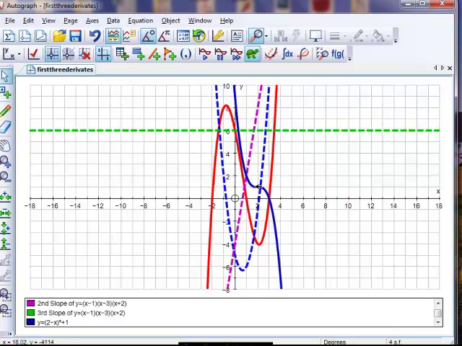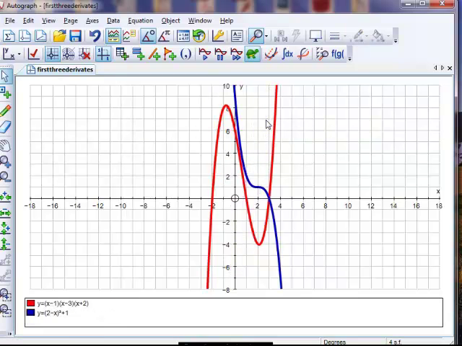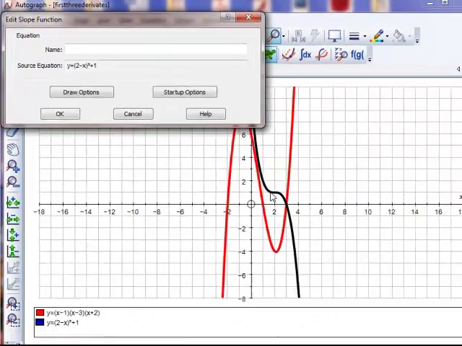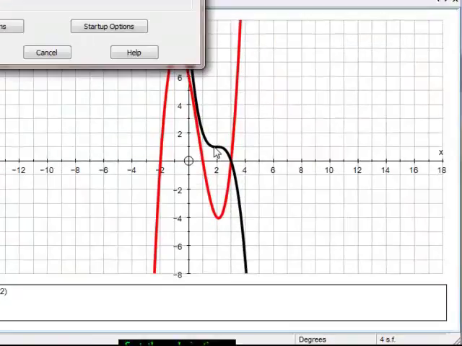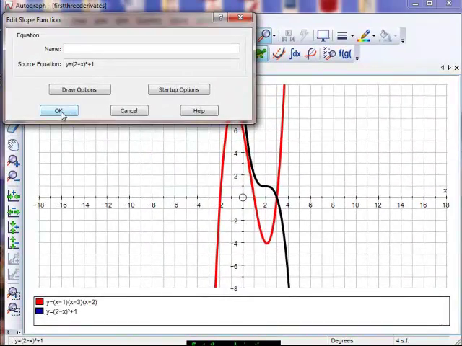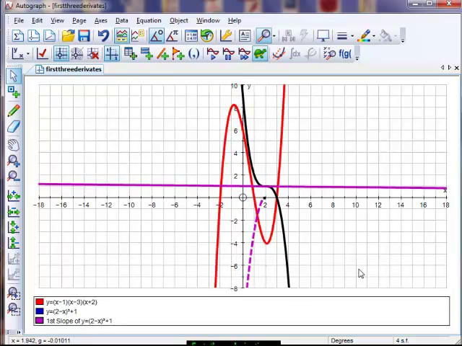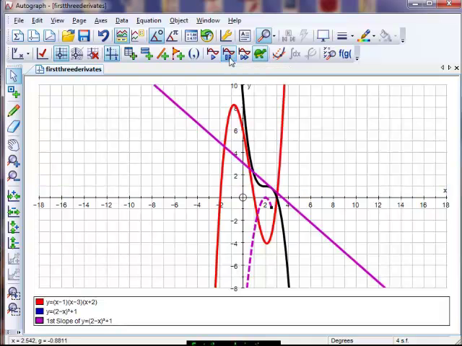So there it is. If I just remove this one here, backspace, remove that one, backspace. Then I'm left with two curves. Now if I select that one and go gradient function, we know there's a dy by dx is 0 here, and it's a point of inflection because we can see it. It should pause at that point and show you that dy by dx is 0. There we go. So the first derivative is 0. Continue,